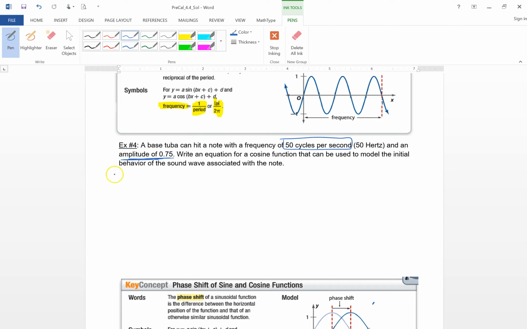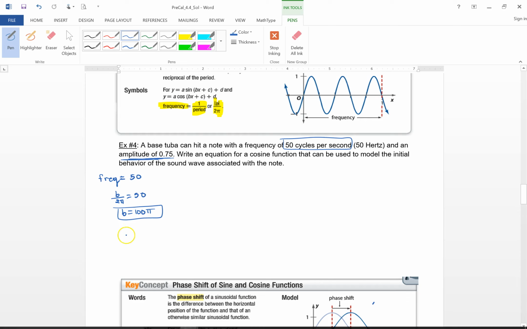Okay, so let's just write down what we have. We have the frequency, which is 50, right? What's the formula for frequency? B over 2 pi. So B over 2 pi is 50. That means how much is B? 100 pi, right? And we're also given amplitude,